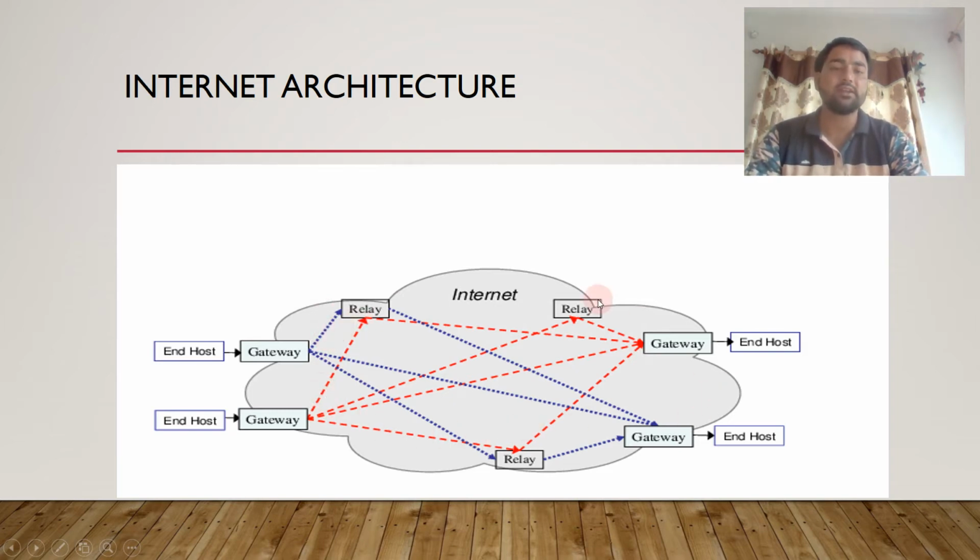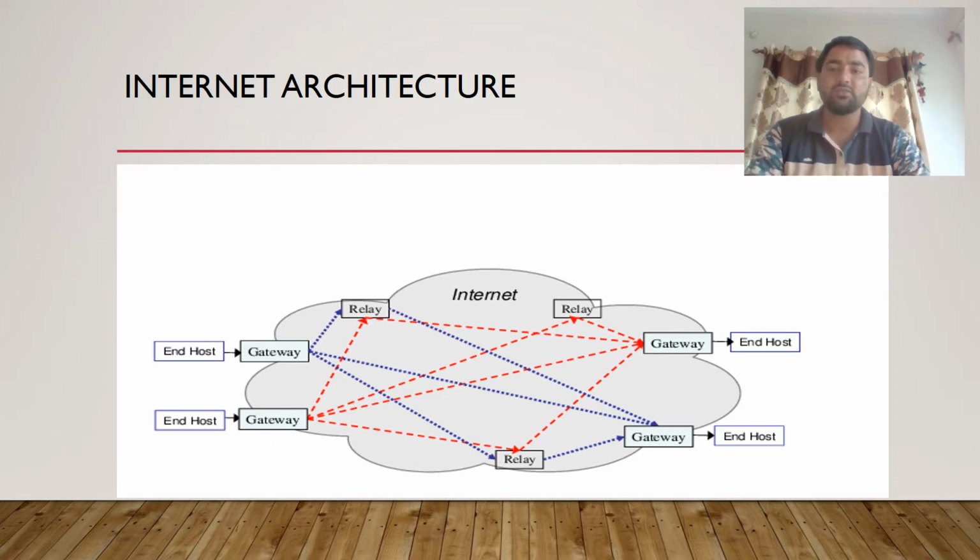This is a cloud-like structure that is shown. This is the internet actually, in which various devices like routers, gateways, switches provide smooth and effective connectivity between the two communicating users or